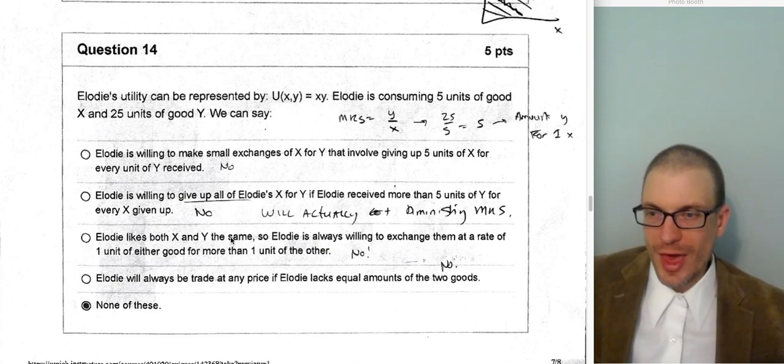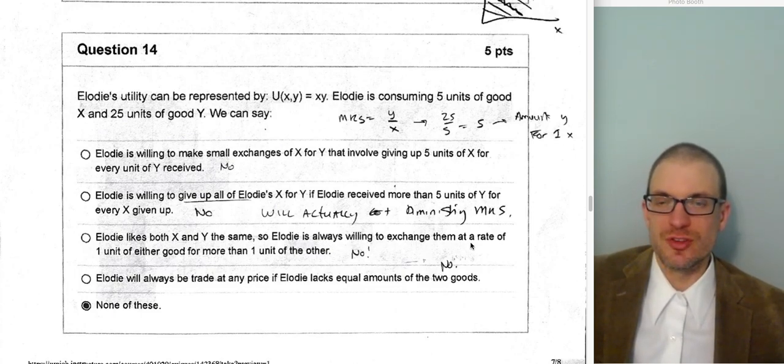Elodie likes both x and y the same, so Elodie is always willing to exchange them at the rate of 1. No, that's obviously not what's happening. Elodie would be always willing to trade at any price if Elodie lacks equal amounts of the two goods. No, because willingness to